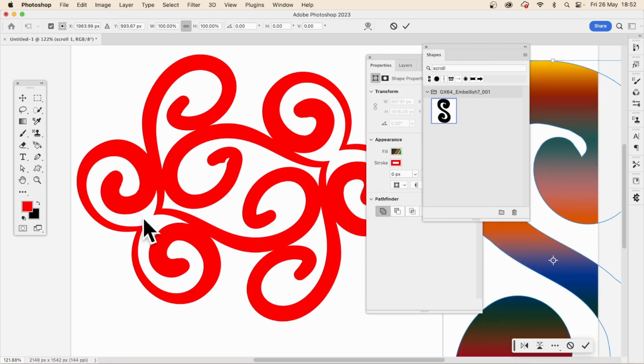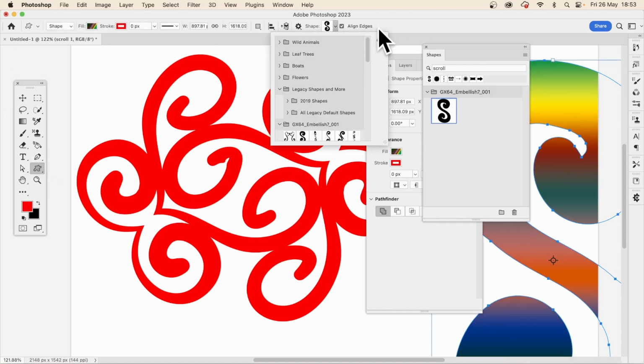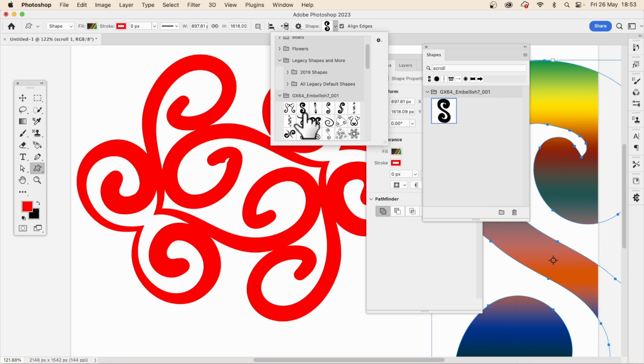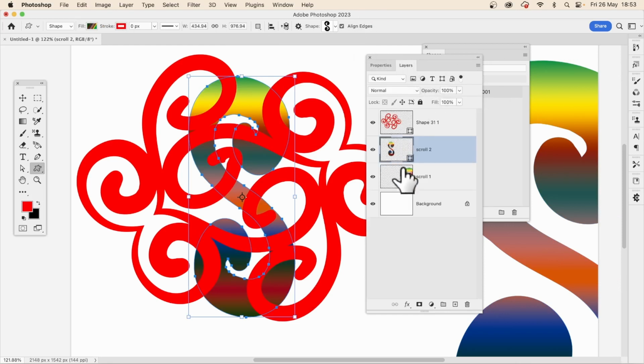Or just go over here, press return. Again, go to the custom shape tool, click there. Now, unfortunately, that doesn't have the search feature, which is a pity. That's one of those things that you think, why not? But it doesn't. But again, you can see the design there, and there it is. If I hover over there, it should say scroll. So again, you click there, and you can apply it. And again, you can see the colour there, and it's applied again as a layer. So go to the layers panel, and you can see you've now got these multiple layers, which you can then